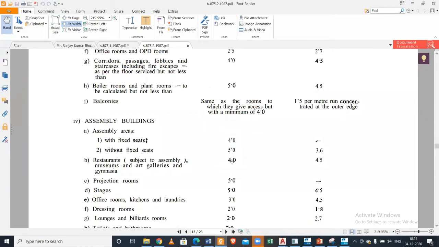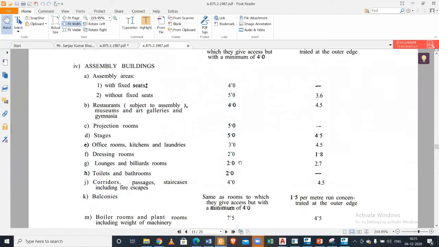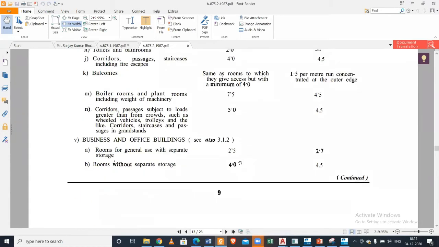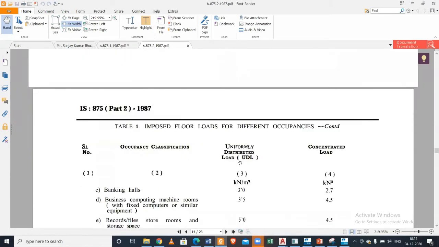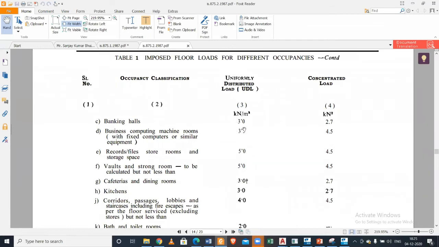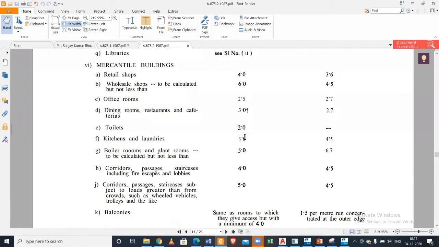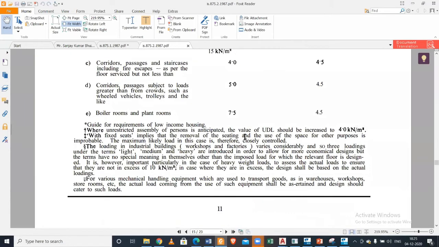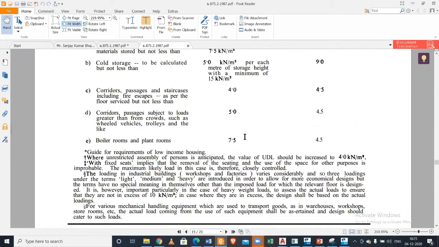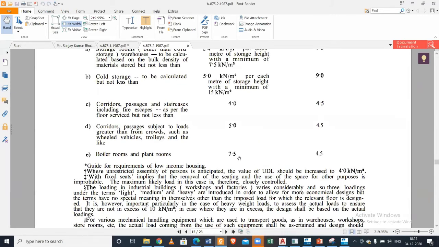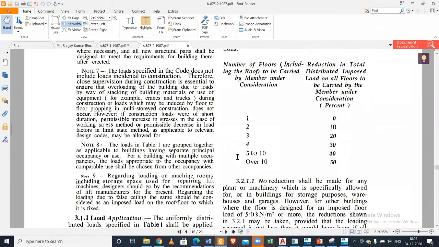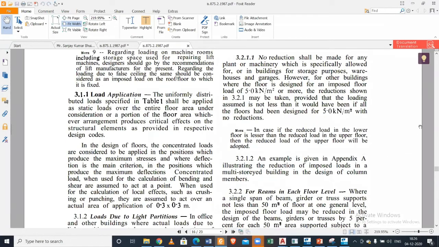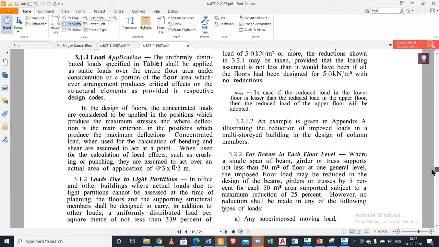If it's a restaurant, there you can give a live load of 4 kilonewton per meter square. Considering restaurants and bars, you will give a live load of 4 kilonewton per meter square. If it is a bank, everything is mentioned. So this will guide us in giving the particular live loads to our structure. You can see the boiler rooms also have live load given. So this is the main purpose of your IS 875